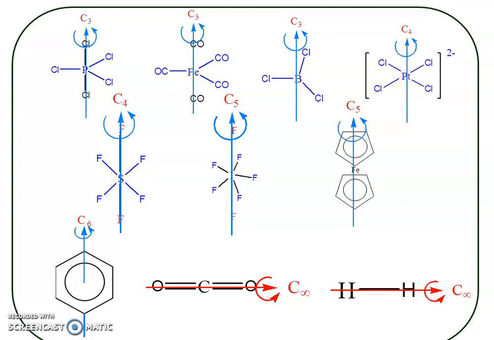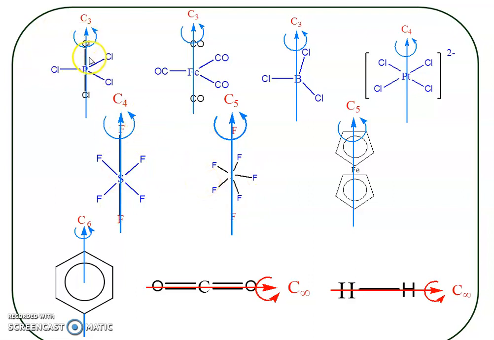During the last lecture, we were discussing the symmetry elements, and the first symmetry element is the proper rotational axis. I told you that a proper rotational axis means that in a molecule, when we imagine a particular line or axis, and along that line or axis the molecule is rotated through a certain angle, and if we get an equivalent or identical structure, then we say that in that particular molecule there is a proper rotational axis.